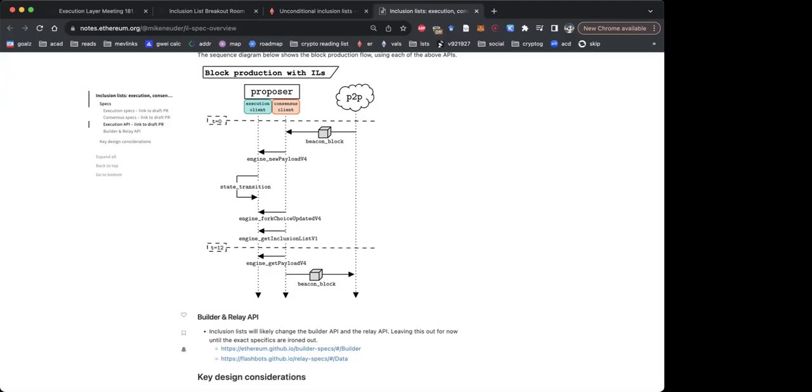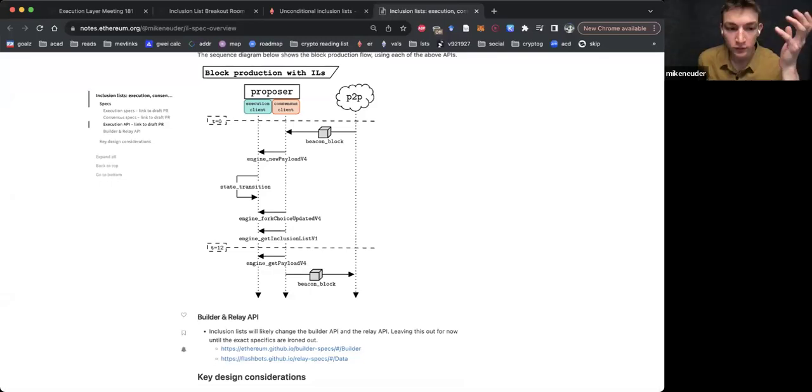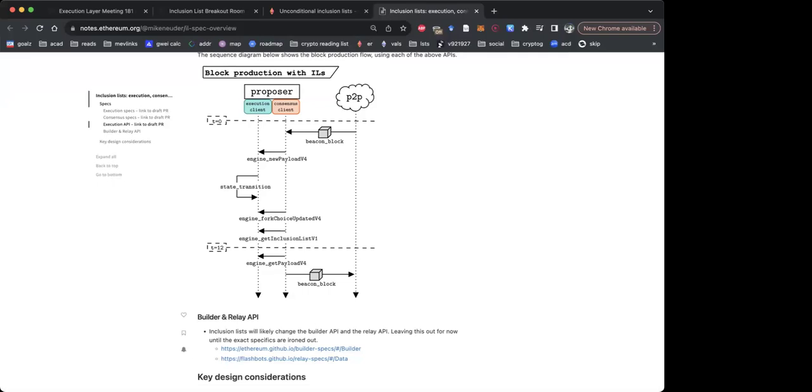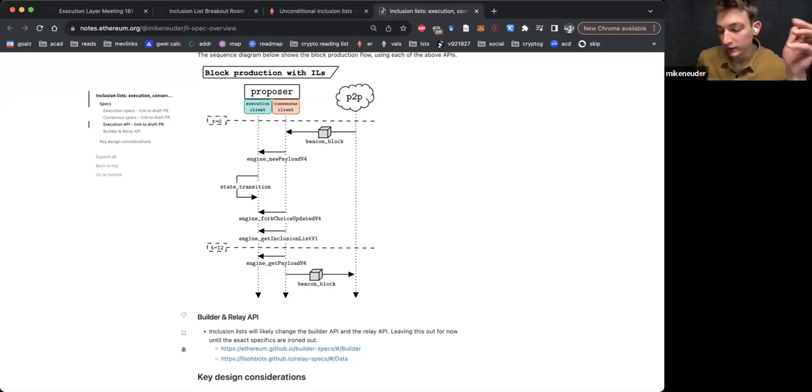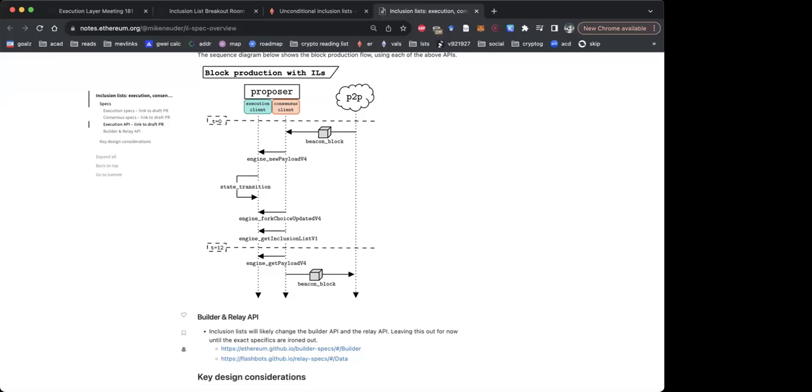When you send the inclusion list somewhere in your block, you've already signed a block. Okay, well, you've sent the summary to the relay. But then you cannot send a different block because you signed it already. No, but if you're calling get header to the relay, you're not signing anything, right? You're just asking for the current best block. But then when you're calling get header, you're not sending any inclusion list.